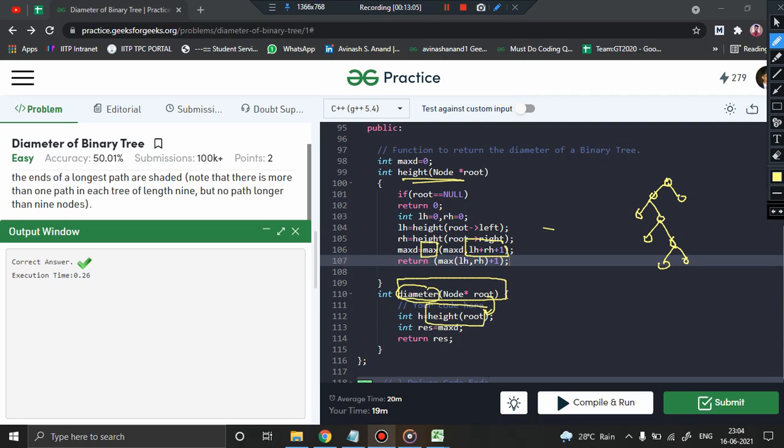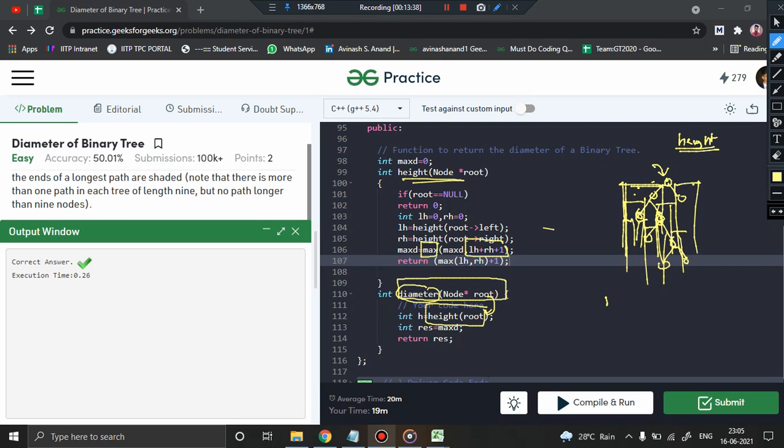So now understand the problem of finding the height of the tree. Whenever we used to find the height of the subtree, I pass this root node, and ask it to compute the height in the left subtree and the height in the right subtree. Now this function is called again. Now again what will it do? Recursively it will compute the height of the left subtree and the height of the right subtree. Again this will compute the same, and this will also compute the same. So every node is basically computing the height of the left subtree and the height of the right subtree.